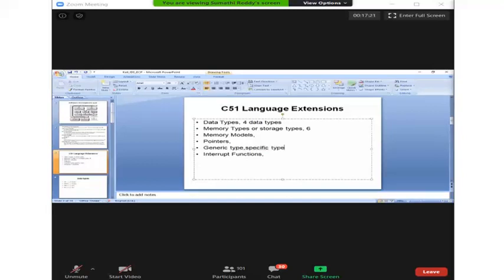When you go with generic type, the thing here is you can point to any type of data. Any type of data here means the data can be anywhere in the memory. Generic pointers can point to data wherever it may be in the 8051 memory blocks. Means data can be in internal RAM, data can be in external RAM, data can be indirectly addressable or directly addressable, whatever it could be.